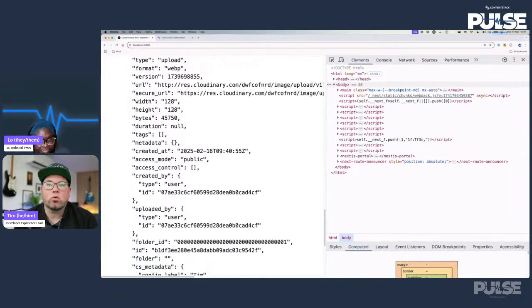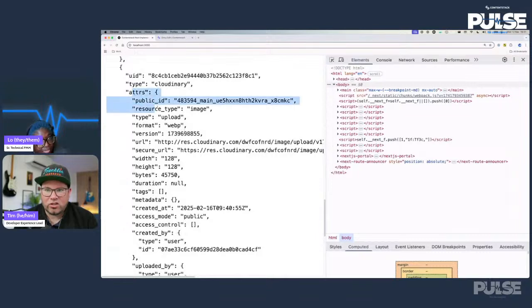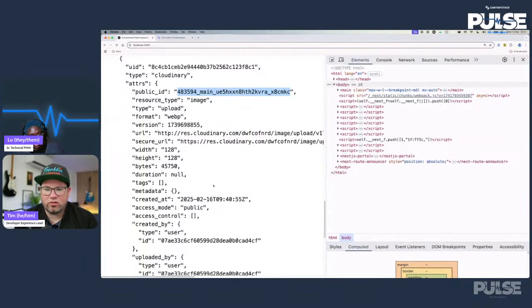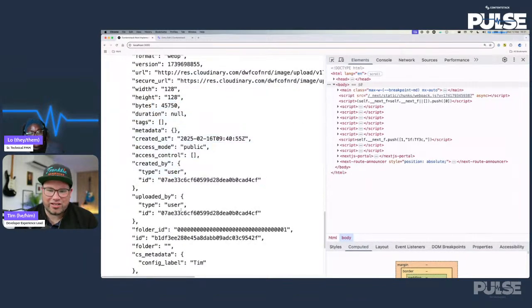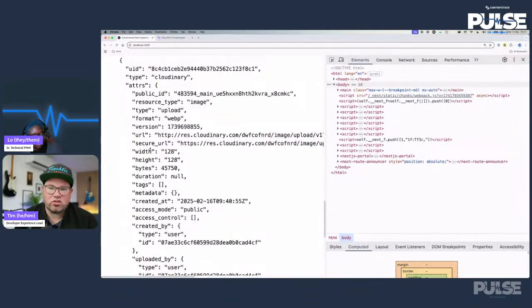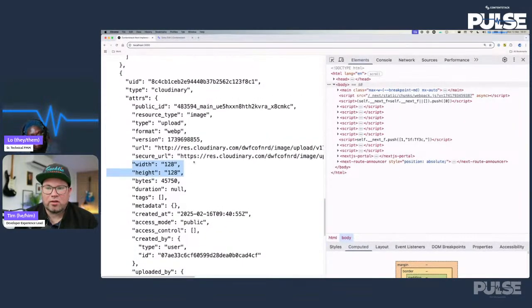But the original, oh, this is interesting. The attributes coming from Cloudinary are actually also updated somehow. I did not expect this. Interesting. So it transforms, because this public ID also kind of looks different than I would consider it normally to be. So I think Contentstack is adding a little bit of additional data and juice on top of whatever they use. Yes. Which is fine, but we can be opinionated